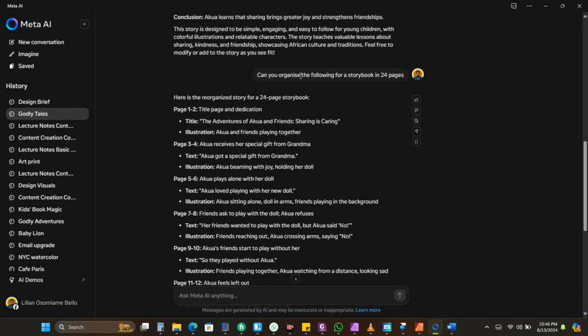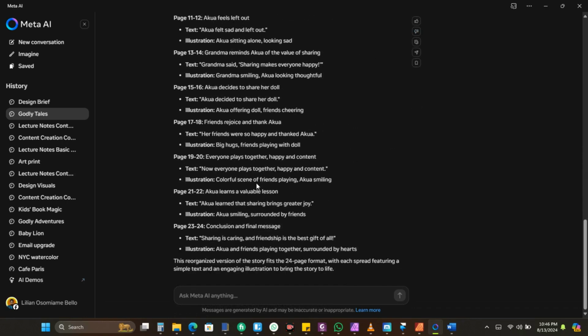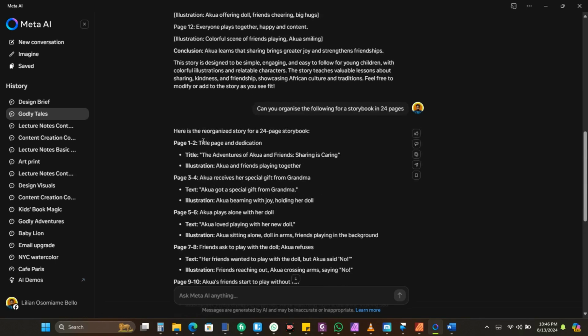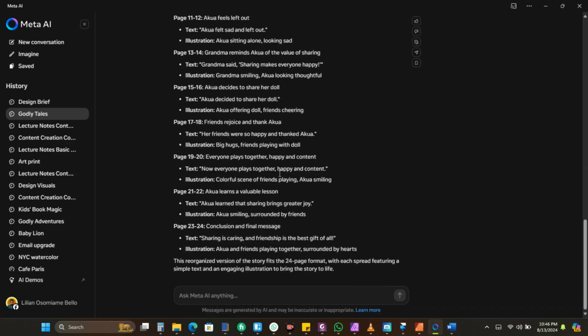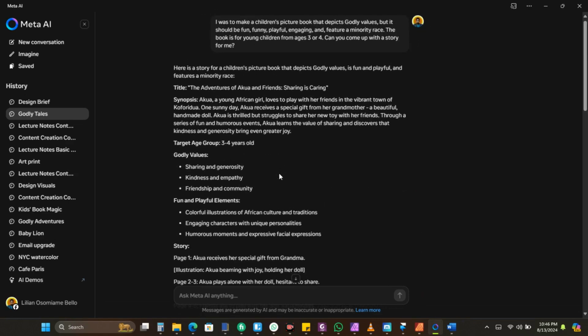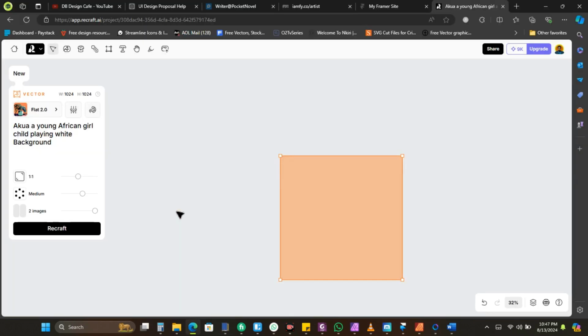I just said, can you organize the following in a storybook for 24 pages, and so it just did that here. So it gave me the title page and declaration. It identified the pages for me, and also gave me the illustration that I'm supposed to use, which made it easier for me to generate. So without further ado, let's move to Recraft for the